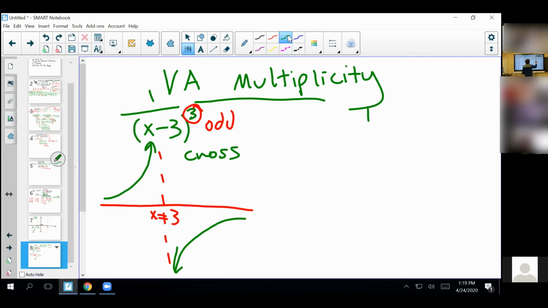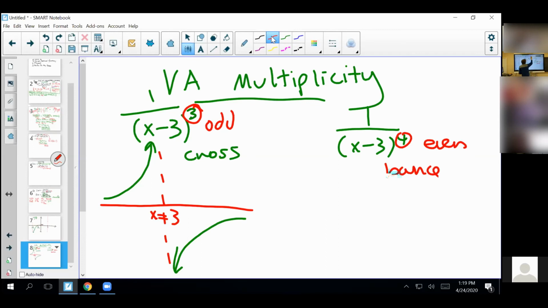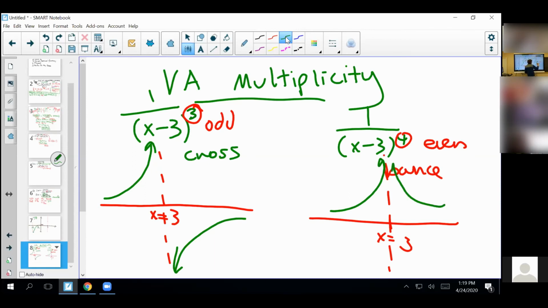Now, if this were an even, so if this was like x minus 3 to the fourth, if this was an even number, then it's what I call a bounce, just like an x-intercept would bounce, but it looks different. Here's x equals 3. Now it's going to follow the asymptote, and I think of this as bouncing off infinity, so it's going to go kind of the same direction. So this is a cross, this is a bounce. Anyway, after that little digression,